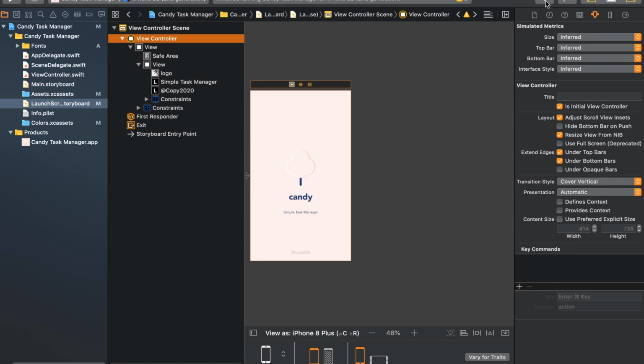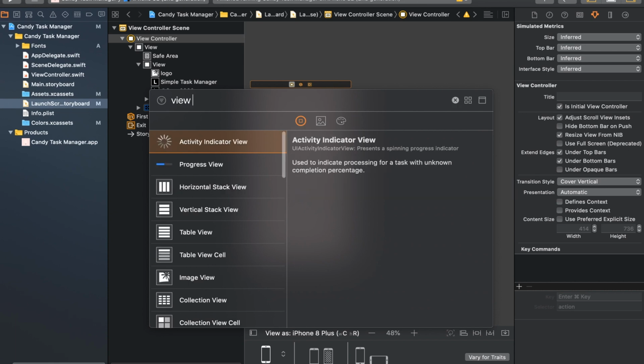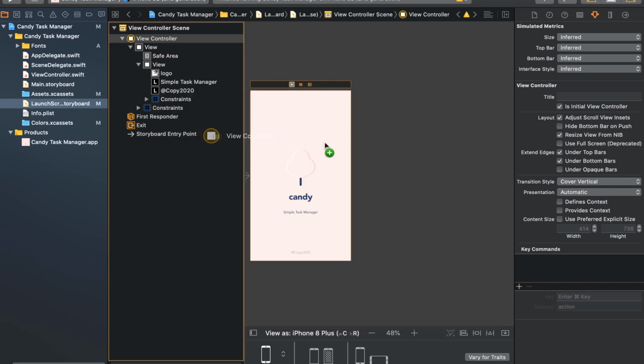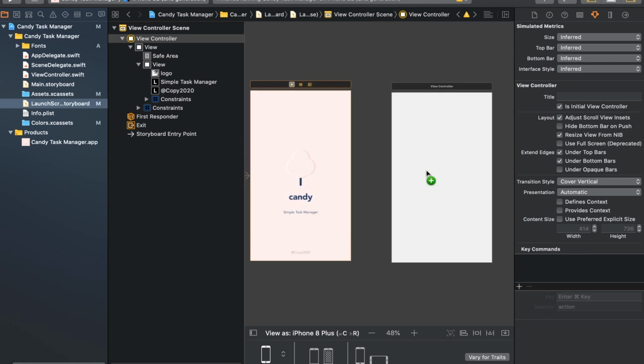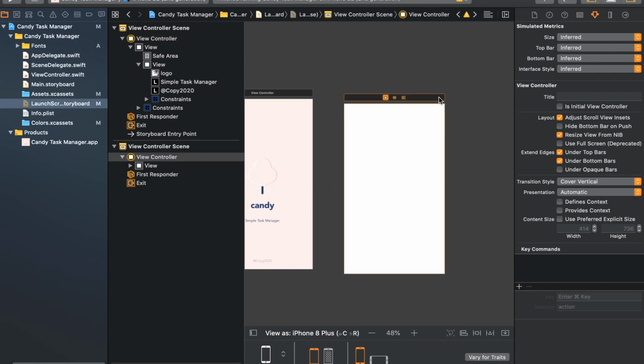To do that, we can go to the same library section and we can type in the object here, view controller. So you need this view controller and we can just drag it here, place it right by its side,